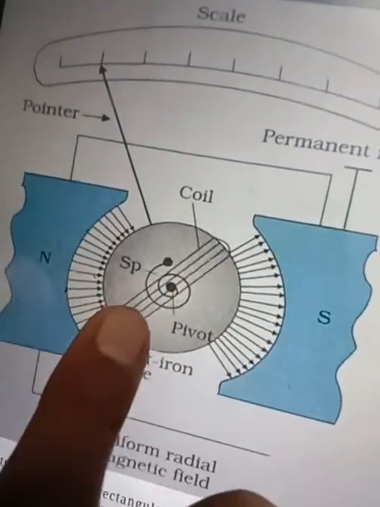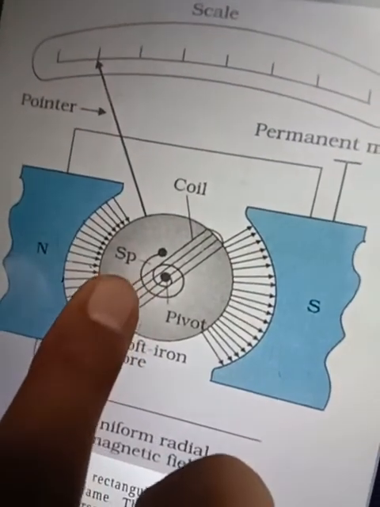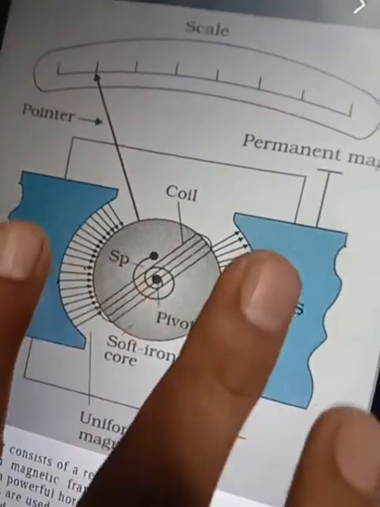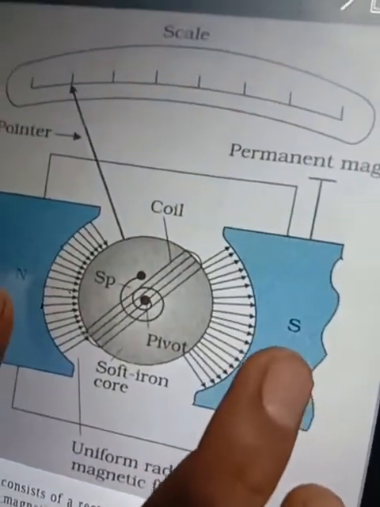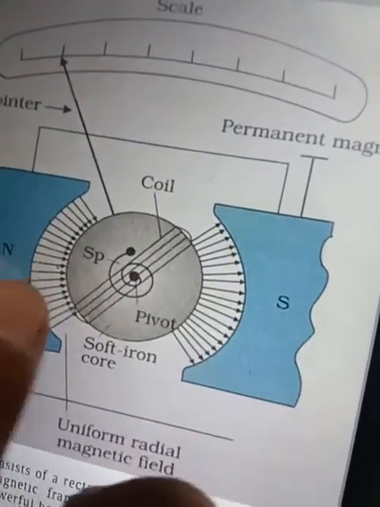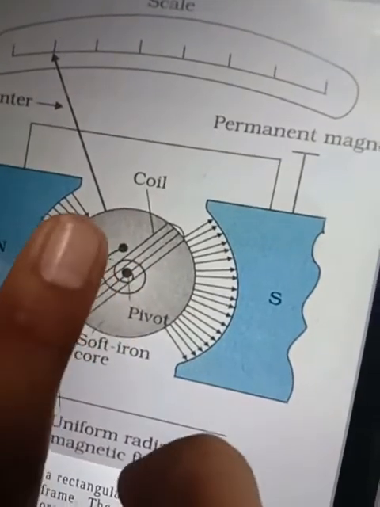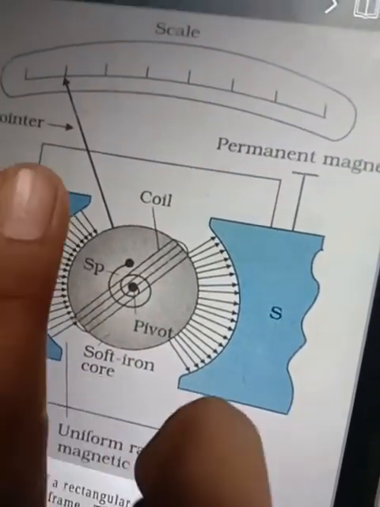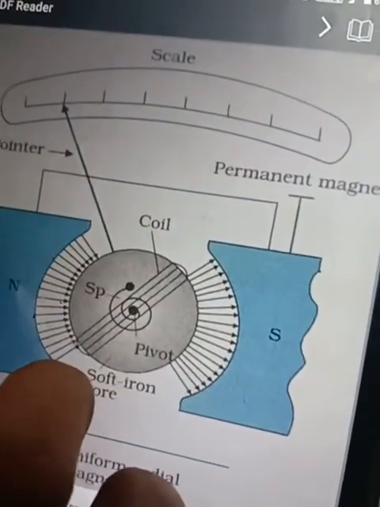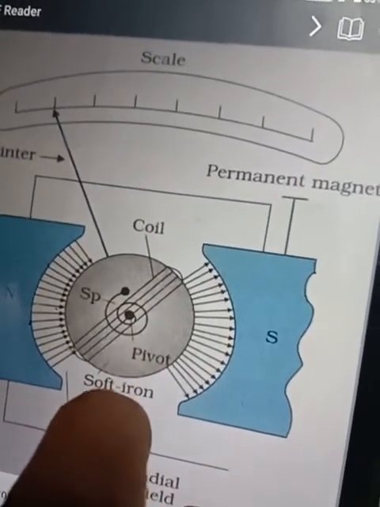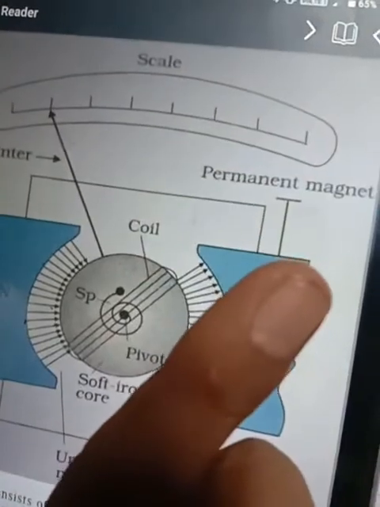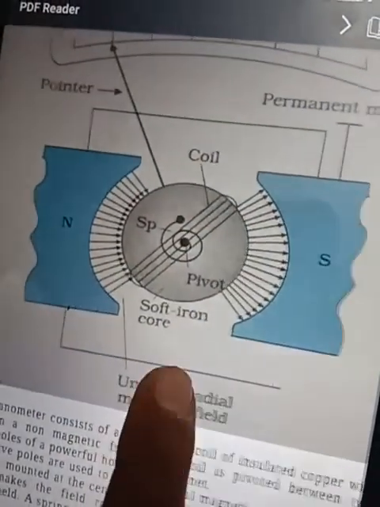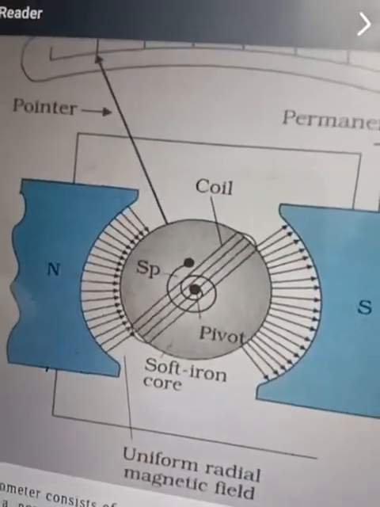One is the magnetic field created by the torque created by the current carrying coil. Another is the external magnetic field. Both the magnetic fields will create a torque, and because of the torque, yesterday only we have seen there will be a half deflection. There will be deflection on the left side. How much deflection is there on the left side? Same deflection will be there on the right side. So this is the construction. In the second video we will see the theory of this.